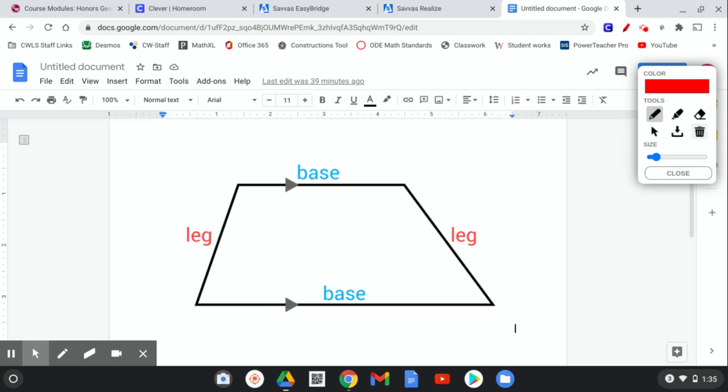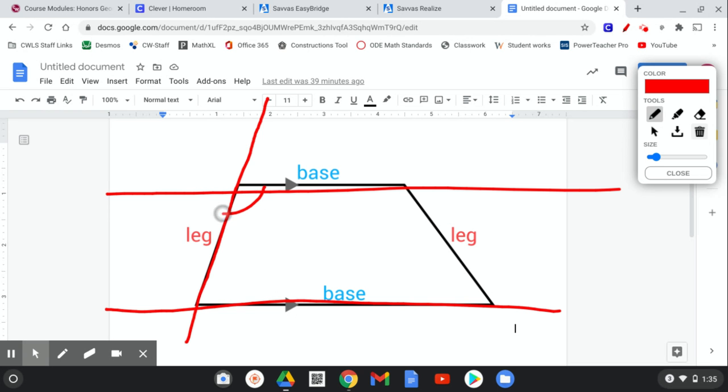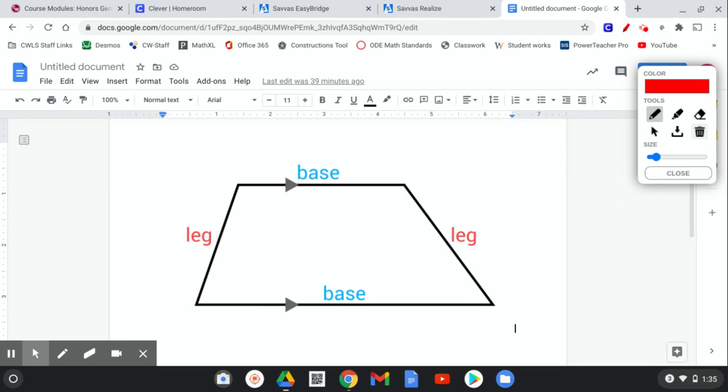So for this, this is going back to parallel lines cut by a transversal. So we have our parallel lines. We're going to know that this angle and this angle would be same side interior angles. And same side interior angles are supplementary, meaning if this angle was 100 degrees, well, we do 180 minus 100